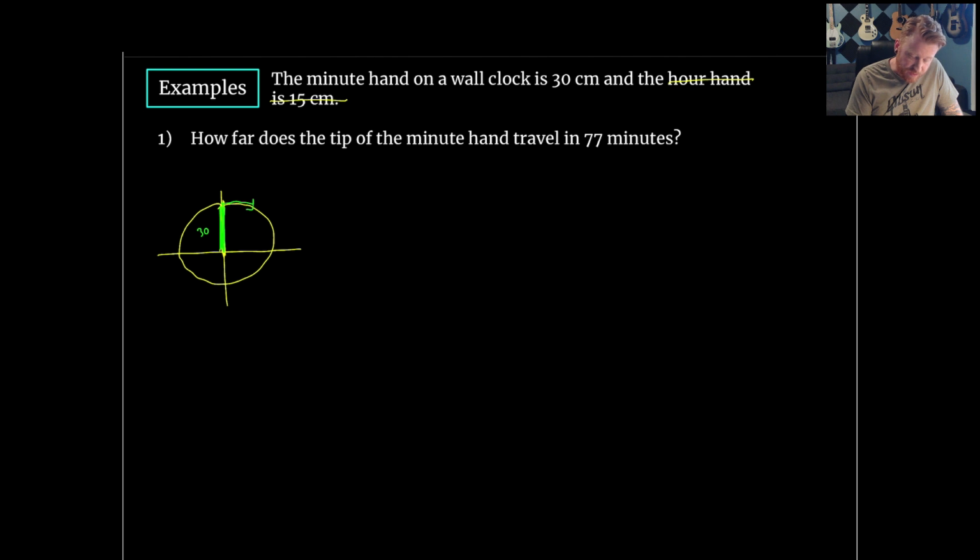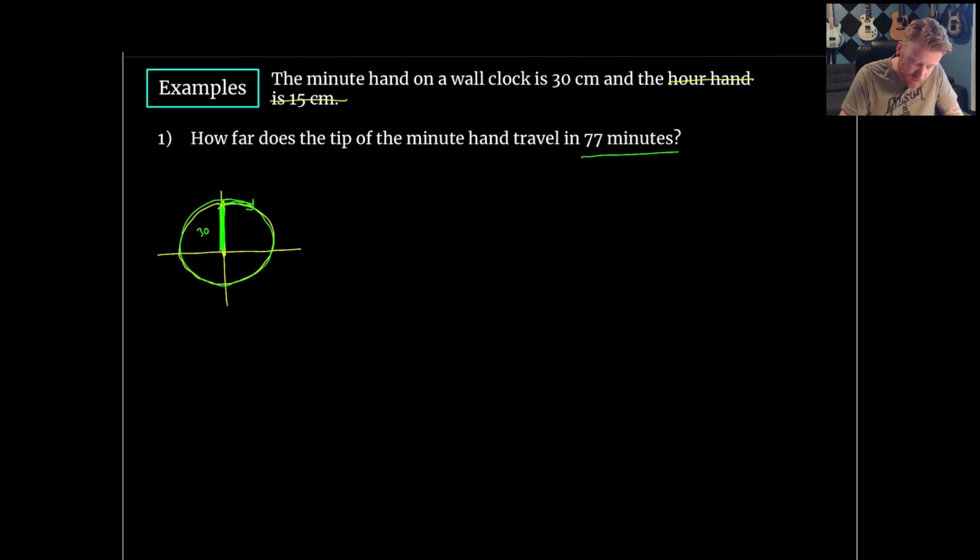So we're just going to start at the top here. I suppose we could start at the 15-minute mark and make it line up with the horizontal axis, but I think this should still make sense. So we want to know how far it's traveled in 77 minutes. So how many rotations does it make in 77 minutes? Knowing that rotation will tell us what our radian measure is. So if we think about traveling all the way around here, well, that's going to go around 60 minutes,